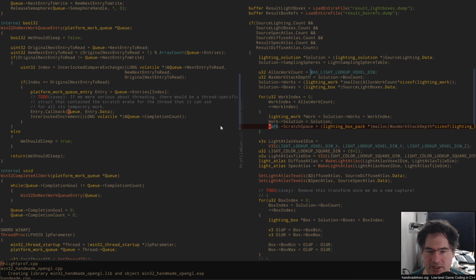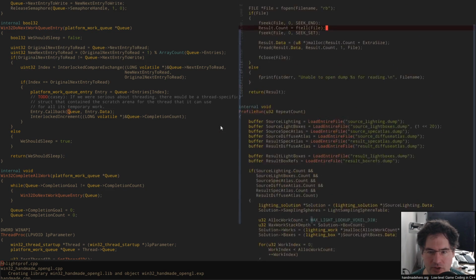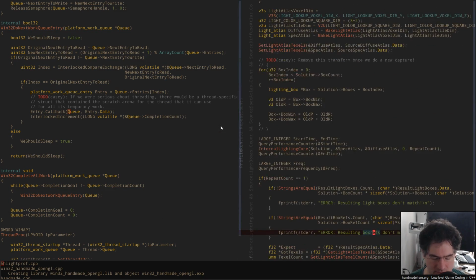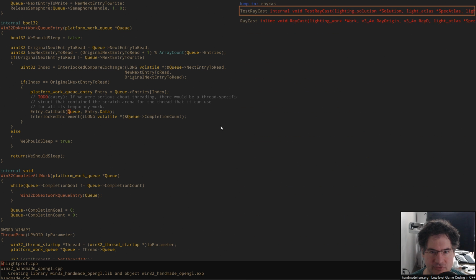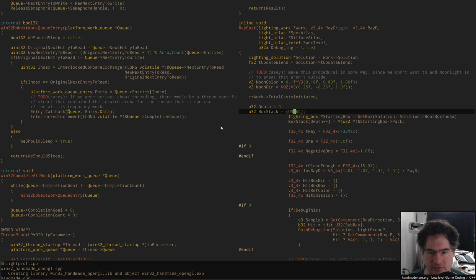Anyway. In here, we're going to create this scratch space, and the scratch space now can be used. I'm going to call the HHLightProf just to prove that nothing changed, but we kind of knew that because we haven't actually put this change into place yet. So if we now go up to our raycaster, if we start to actually use that information, then the first thing I could do, for example, is this box stack information here. I could, for example, or should be able to just do something like this, where I just say, all right,